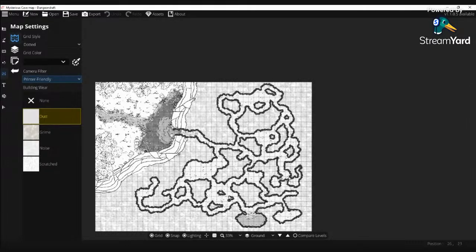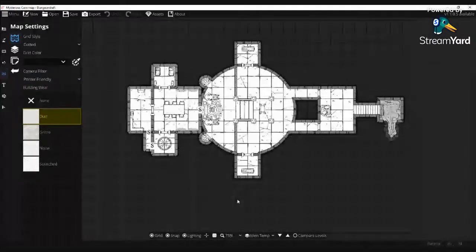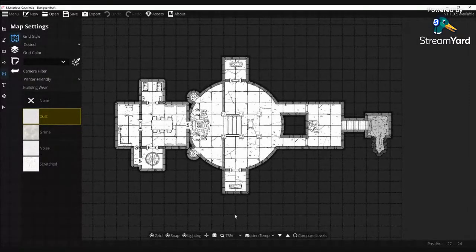Also had to do this weird kind of spacey purpley look. But I think it does a really good job when you pull up, say, a map like this, and you can also see that in the black and white, those text boxes for the secret doors blend in a much more